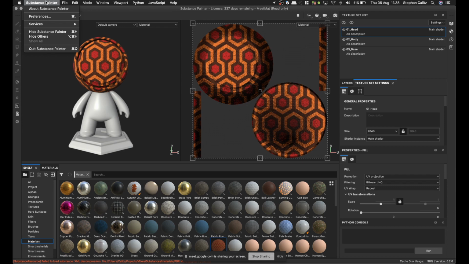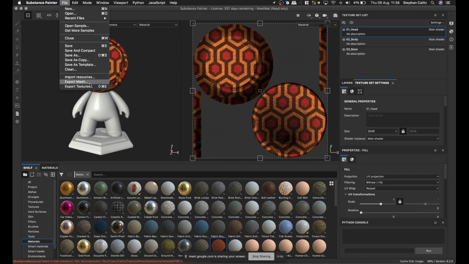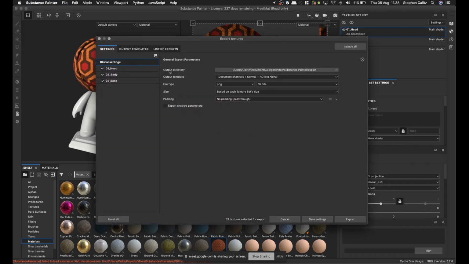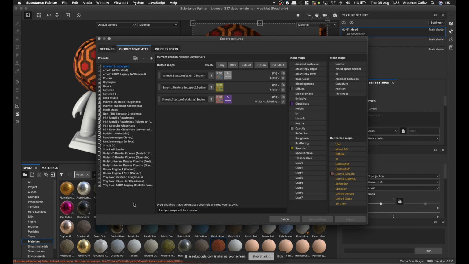If you export from Substance, then you also get the same kind of options that you would from Substance Alchemist, with output templates and textures and texture packing in place. What it does is it already knows that your diffuse map and your opacity go into the same texture. So it packs the opacity map into the alpha channel of the diffuse map. The same for the